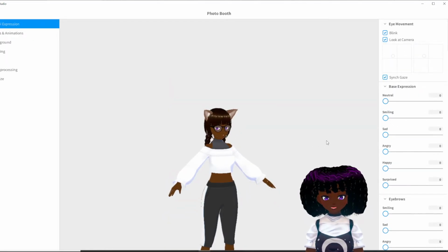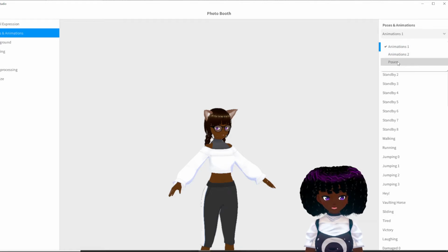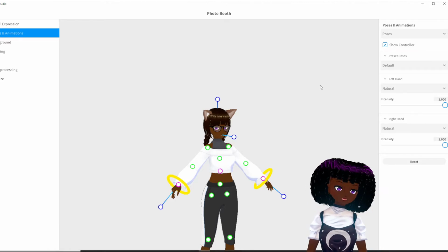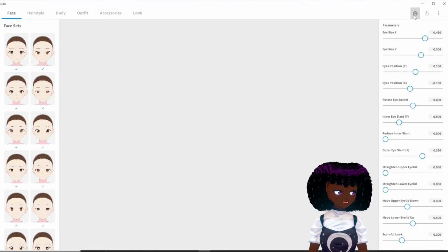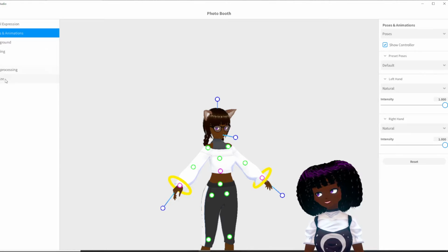I think I found it. Can you still pose your character? Okay, I lied. Yeah, you can totally pose your character. It's just not in the area that you think it's going to be. You have to literally press the camera button up here. And then she'll appear there. And then you can change their